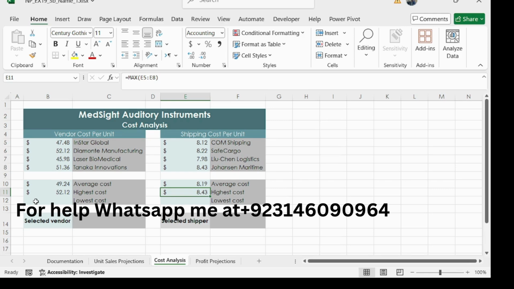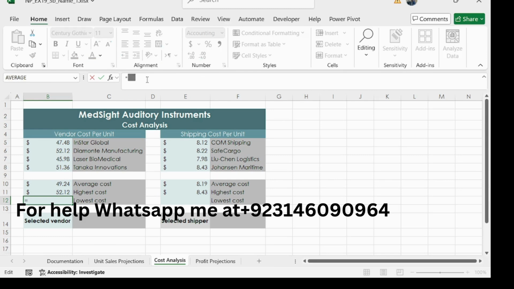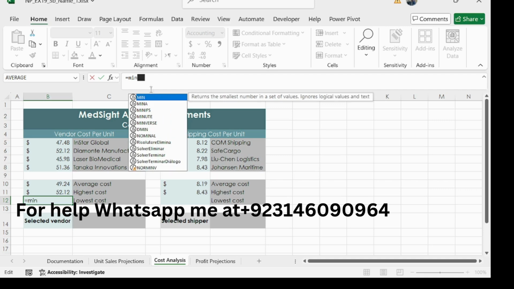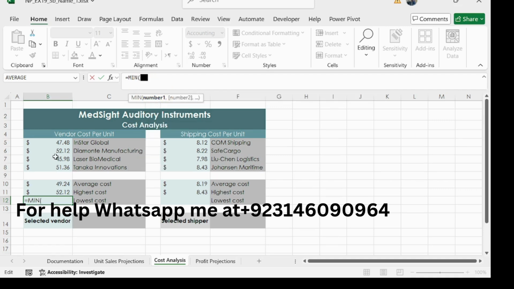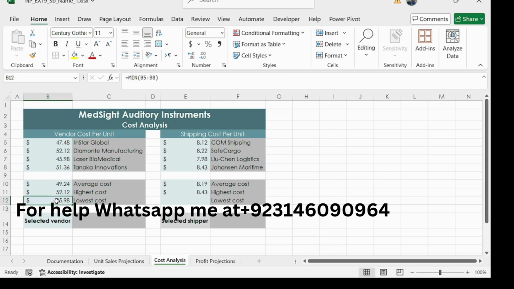Step number 7 is in cell B12. Create a min formula. So equal to min, select the range B5 to B8, close the bracket and press enter, copy with Control C, paste into E12 with Control V, and then escape.